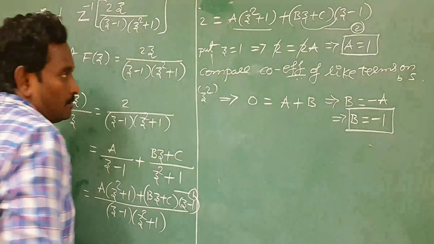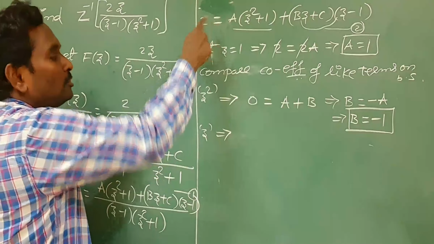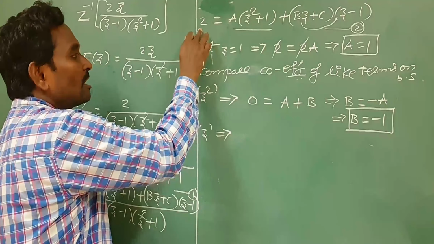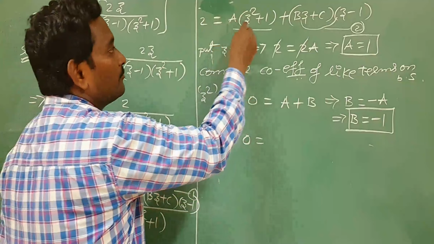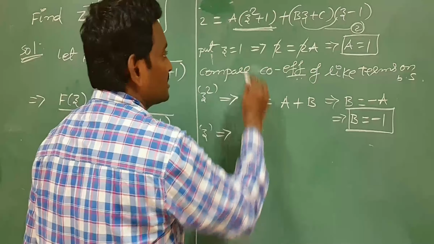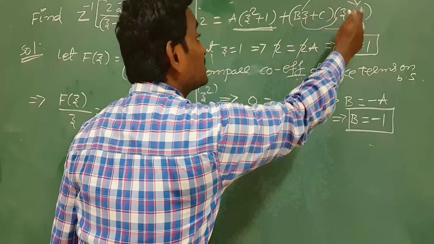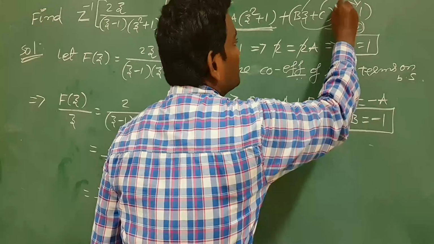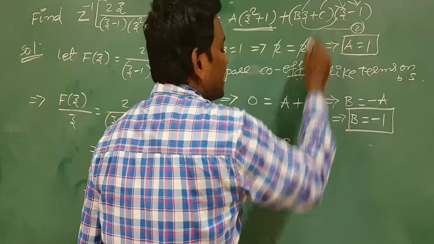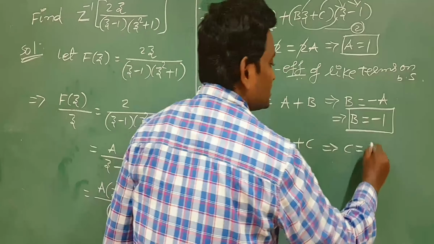Now by comparing the coefficient of z on both sides in equation number 2, in the left hand side there is no term of z. That's why the coefficient of small z in the left side is 0. Now if you multiply this bz with minus 1, you will get the minus bz term, whose coefficient is minus b. If you multiply this term c, cz is there, so the coefficient of z is only c. So what is the c value? If you take this term to this side, you will get c is equal to b.